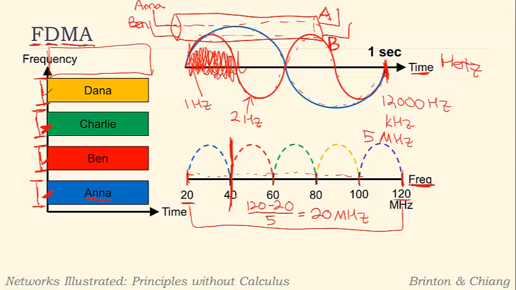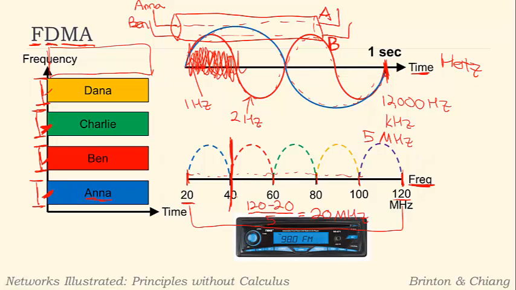So the easiest way to understand FDMA is to think about you on your car radio. And if you're turning the dial to switch stations, really what you're doing is you're changing your receiver on your car to listen in for a different frequency. And that's how the radio stations are distinguished, is by what frequency channel they're on. And so if you're on, say, 95.5, and you've probably heard on a radio station before, they'll say, you're now listening to 95.5 WPLJ. What they really are saying is that your receiver is tuned in to listen to the station of